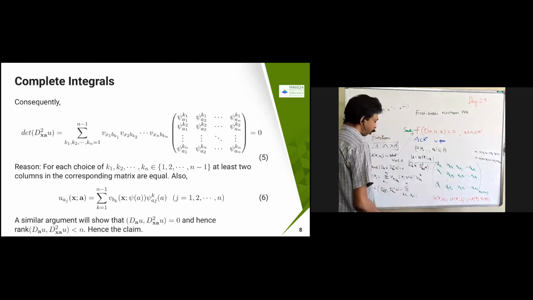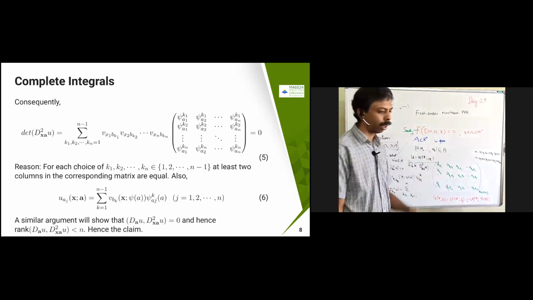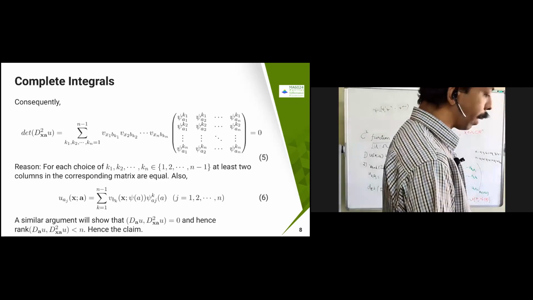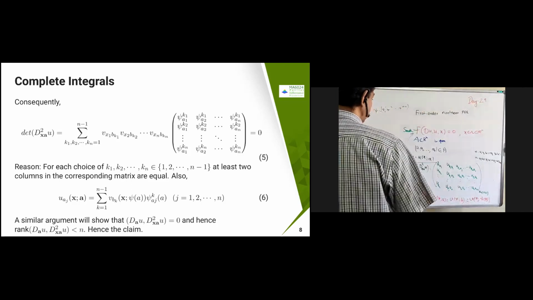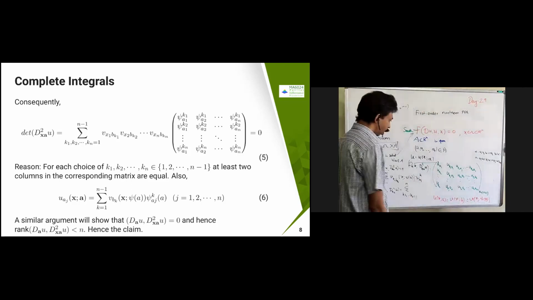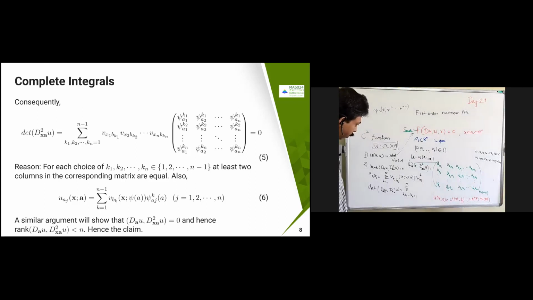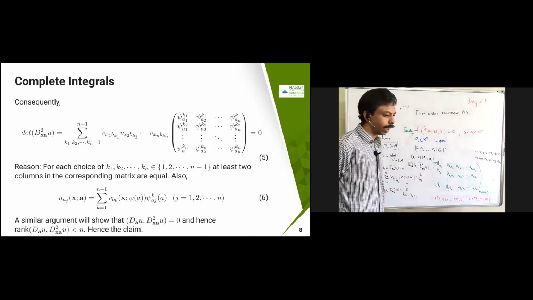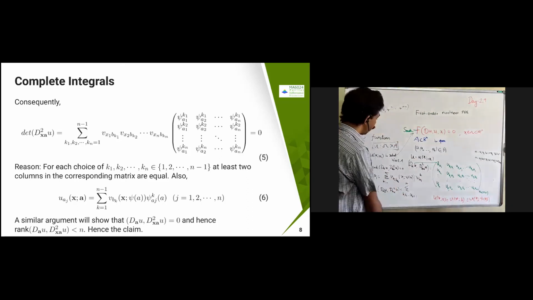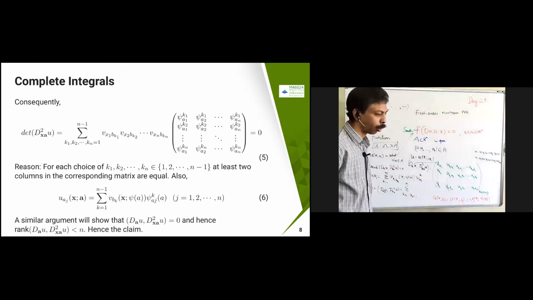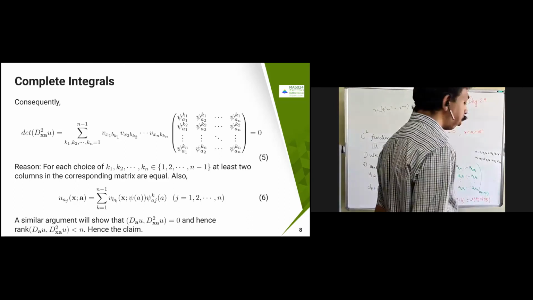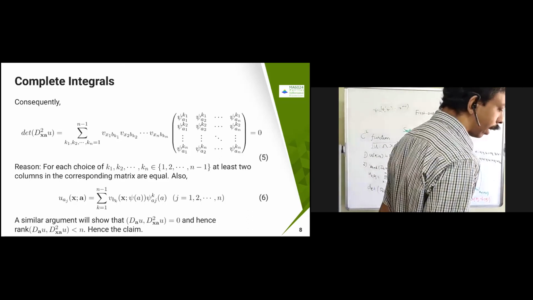For each of these I take k1, k2, kn because I have n rows. So you are going to get psi a1 k1. If I take everything out, you are going to get u1 etc. I just take this out, the ∂/∂x_i terms, and then what you are going to get is psi a1 k1, psi a2 k2, psi an kn, etc.